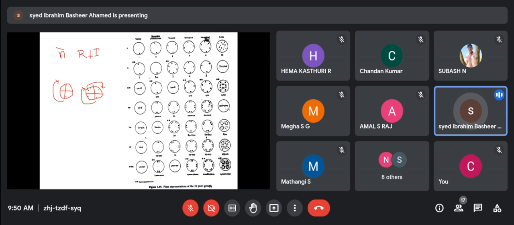So for 1 bar, for 1 bar, 1 means 360 degree. So I will rotate complete 360. It will come here in same place. Okay, 1 bar means, first I have to rotate 360. So it will be here, and then I have to invert this. So invert means, imagine a coin, right? So you imagine you have a coin, something like a written like 1. So if you invert, what will happen?